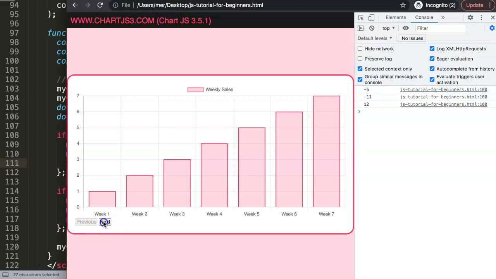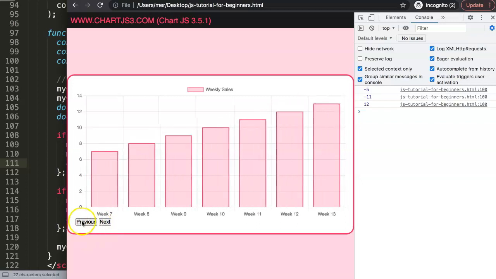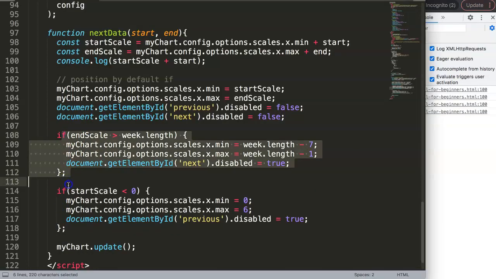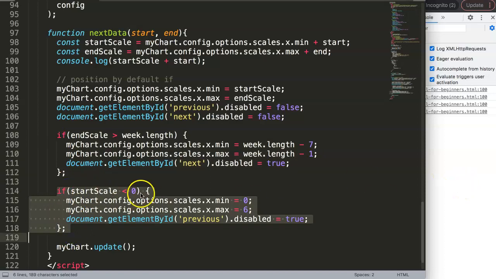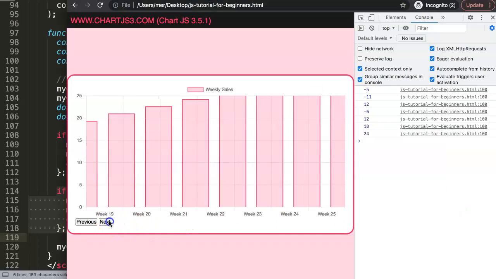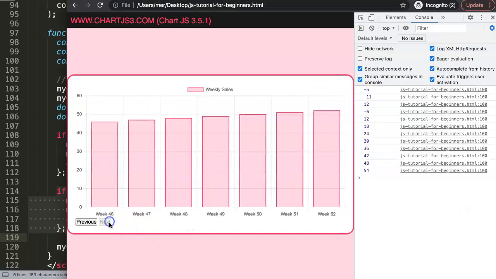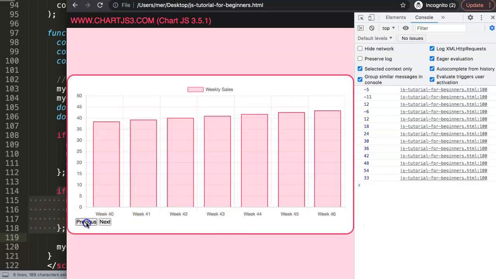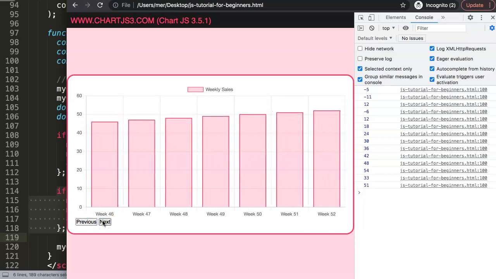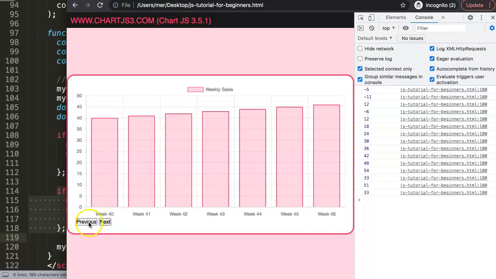Now it's disabled, but the moment we click on this, you can see it's enabled again, because it will just check the certain state case here, or basically the argument or the if statement, if it is correct or not. And if I go to the very end here, same story, it will just go here, and that's it. And then I'm not able to press on it. And this is basically how you create a next and a previous button in a chart in